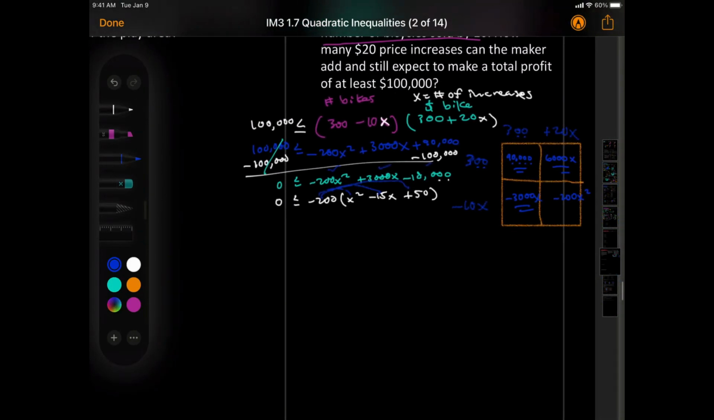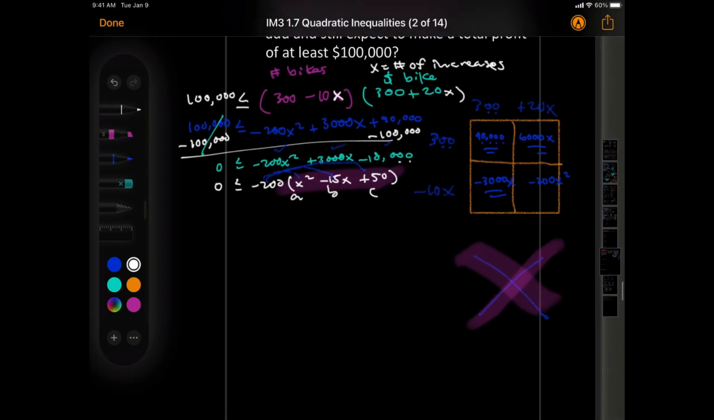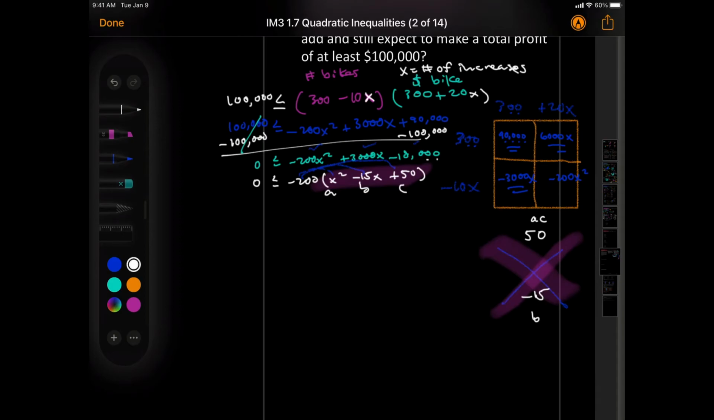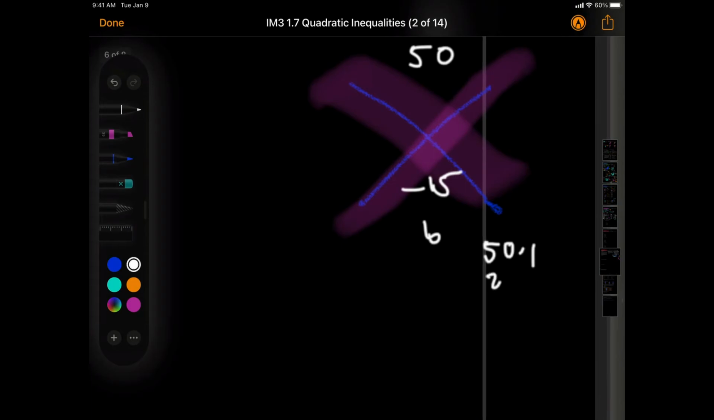Okay, what I'm going to do here now is just factor inside the parentheses. Let me highlight that so you don't get lost. Here we are factoring here. Okay? So A, B, C. A times C is 50. We're inside the parentheses there. B value is negative 15. So if I list out all my factors: 50 and 1, 25 and 2, 5 and 10,